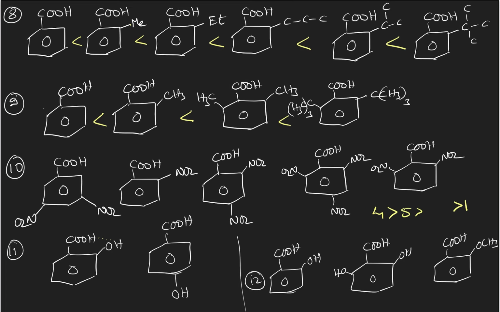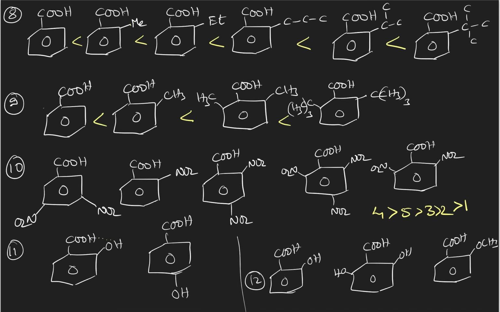Then the fifth compound, because of two ortho effects, and then between the second and third compound, the third compound is having two NO2 groups. So one NO2 is extra present, that too at a para position. Negative mesomeric effect will increase acidic strength to a larger extent. Therefore, the third is better than the second one. This is the order.